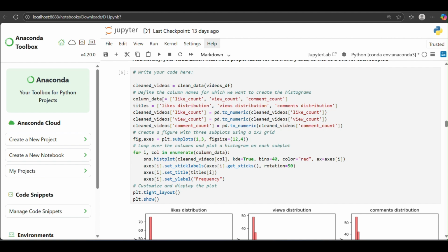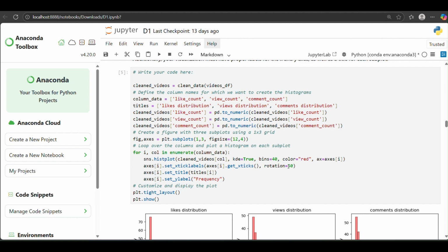Then I called the like_count, view_count, and comment_count and converted their data types to numeric, that is integer, so that there is no constraint in creating the subplots.